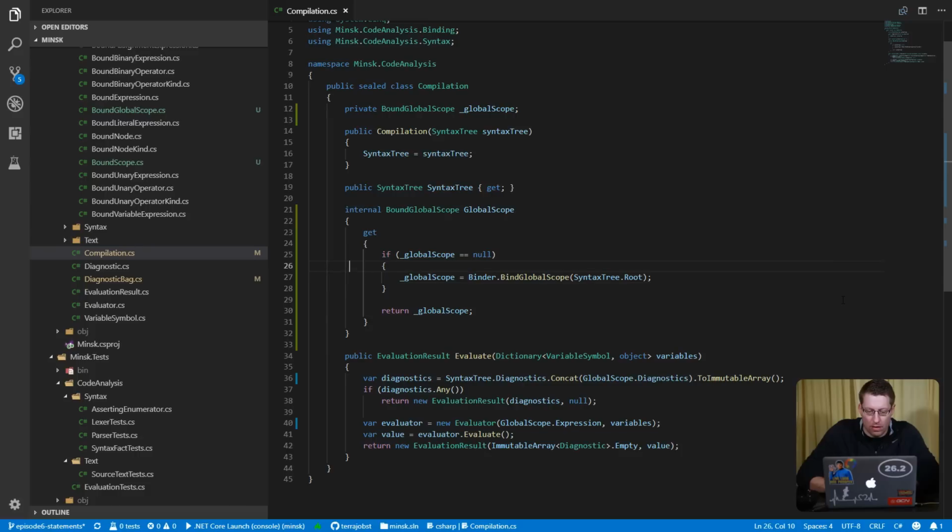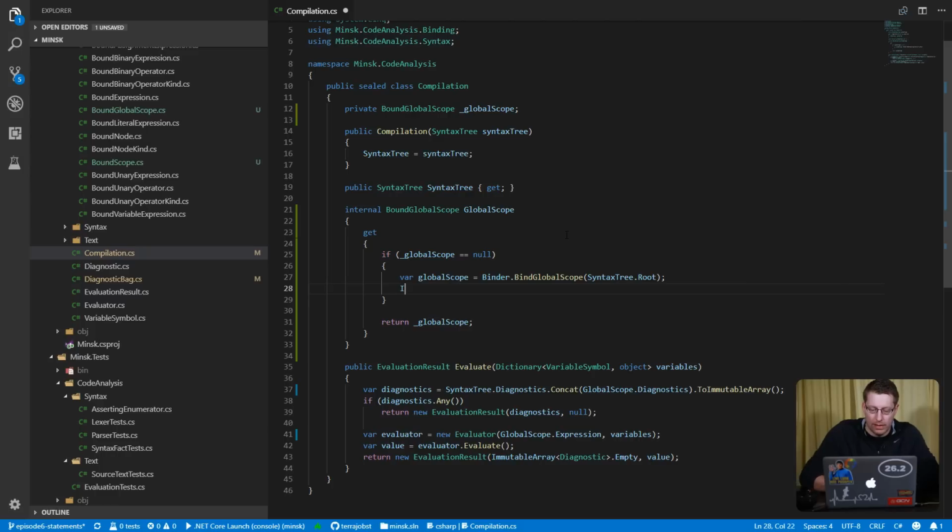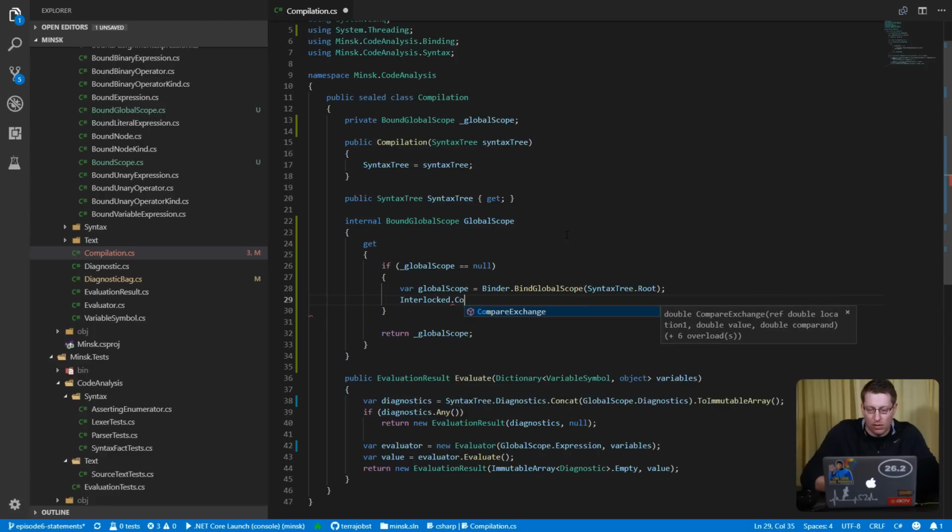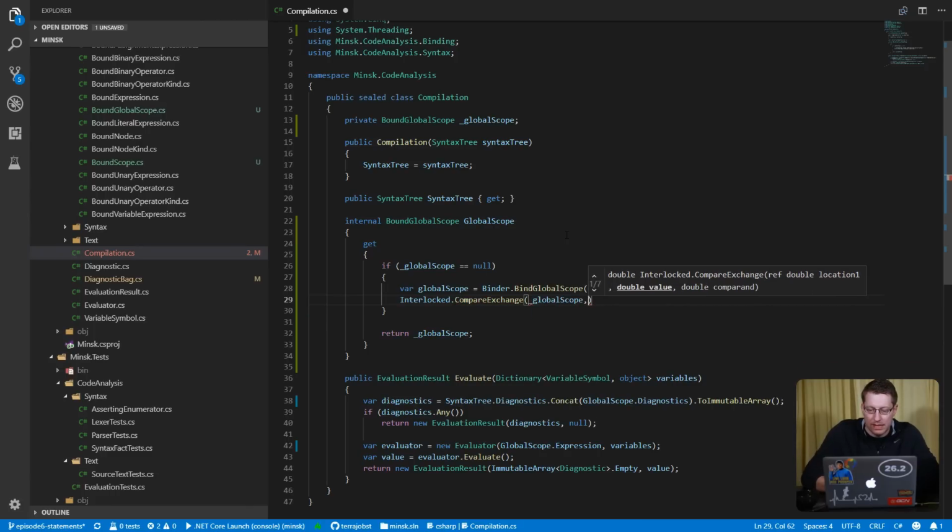So this doesn't change much in and of itself, but this allows us to do lazy initialization of our global scope. The one thing we want to make sure is that everything here is immutable, so we actually have some thread safety. So this is not a good idea for thread safety, because if now multiple threads access, let's say, evaluate, they all get different instances of global scope. So one thing that you can do is you can say var global scope, and then you say interlocked compare exchange, which basically says set this guy here,